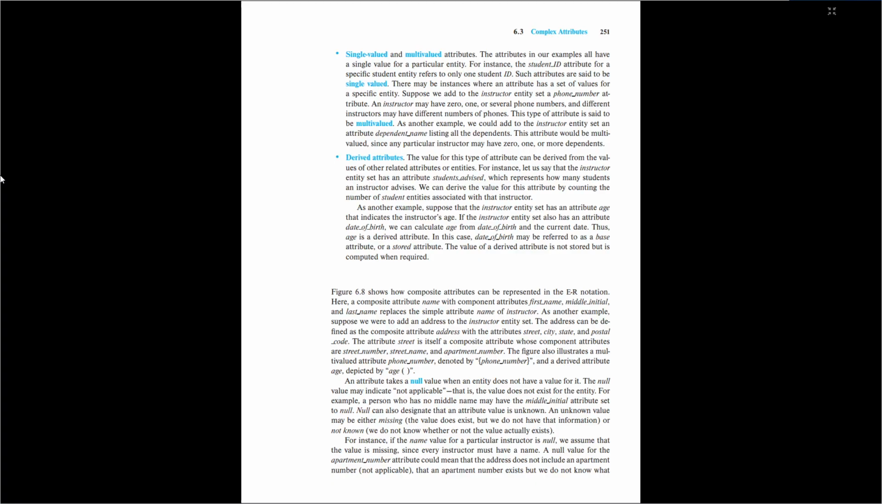For instance, if the name value for a particular instructor is null, we assume that the value is missing, since every instructor must have a name. A null value for the apartment number attribute could mean that the address does not include an apartment number, not applicable, that an apartment number exists but we do not know what it is, missing,